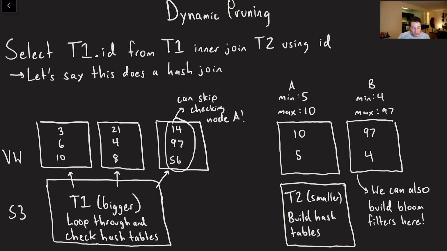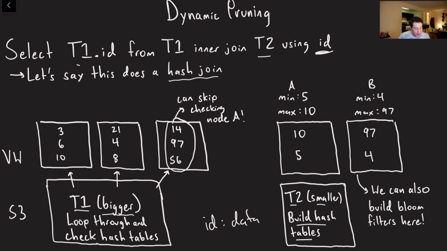They also do something known as dynamic pruning. Let's imagine we're doing an inner join, right? We're joining 2 tables, T1 and T2. We're joining them on this field called ID. For now, I'm just going to assume that ID is actually the only column in both of these tables. Let's say that this goes ahead and does a hash join. So we've got T1 over here. If you recall from our hash joins, typically what we'll do is we'll take the smaller table and build a hash table from it, right? So you'll have ID colon data, and we'll maintain some sorted hash map in memory, or potentially on disk as well, but ideally in memory.